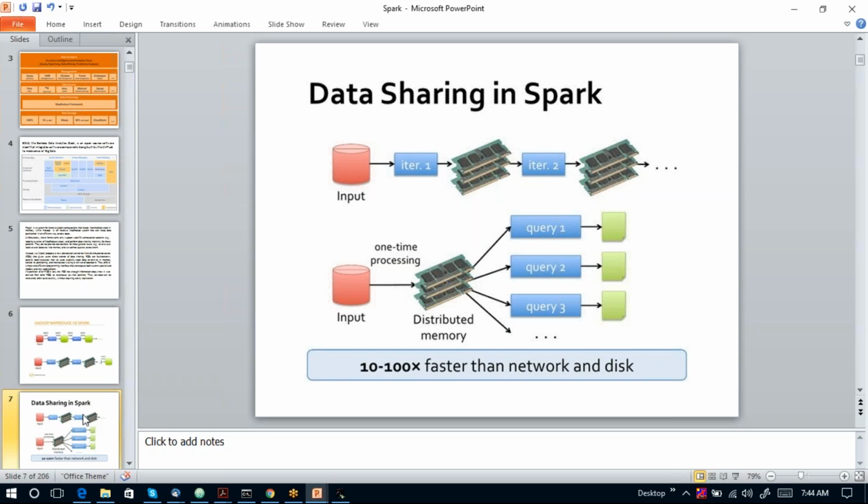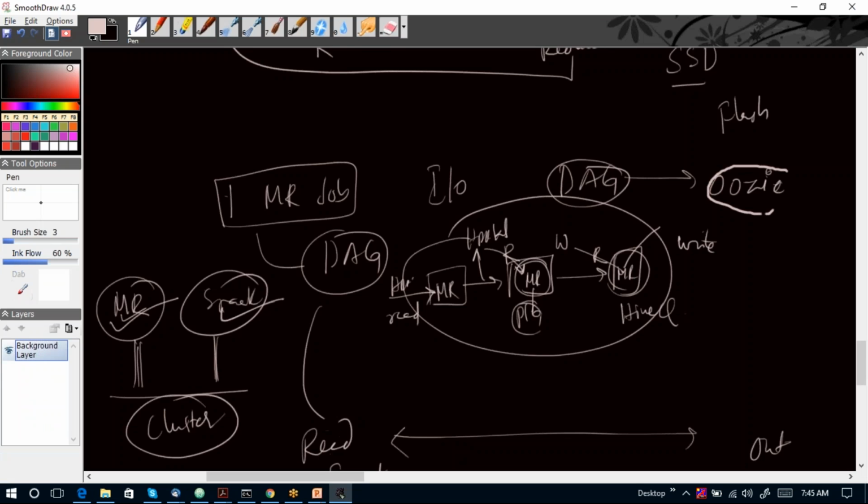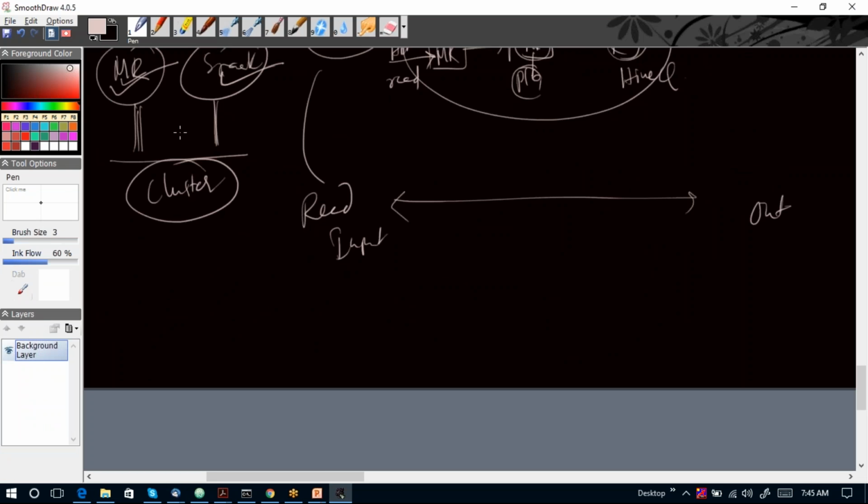And why have they given that range? Tell me. 10 to 100 times. That is the most crucial thing, friends. 99% of the people who already know Spark are also not able to clearly say what this range of 10 to 100 times faster than network and disk is. It is because of the reason, look at this one closely, friends. If it is one MapReduce job